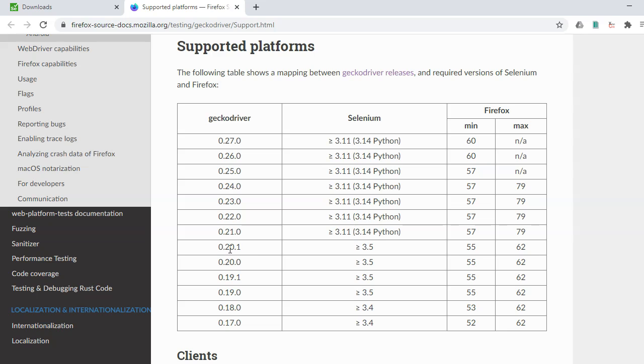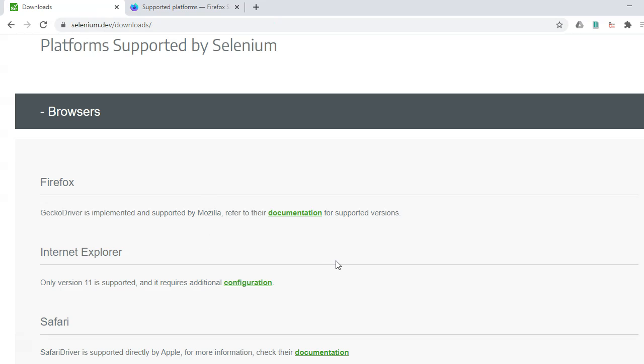Okay, so just go through it, and my task to you is that you need to configure the IE browser on your machine, and you need to configure all the driver and Selenium server files, making them compatible with the IE browser, and run the script on this IE browser.